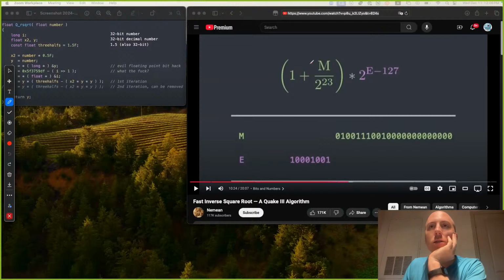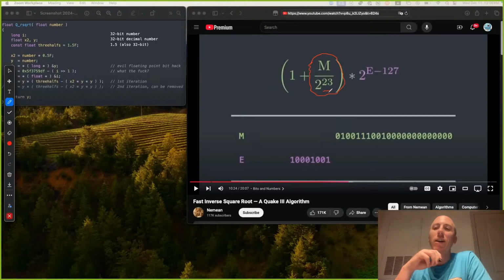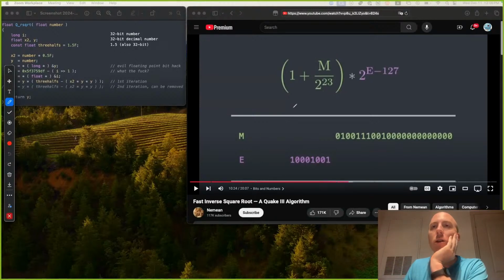I was like, what does this actually mean, to do the mantissa divided by 2 to the 23rd? It's getting kind of hung up on that. What I realized after the fact, though, so I'm pretty sure I realized, is that this expression here is to calculate the numeric value of